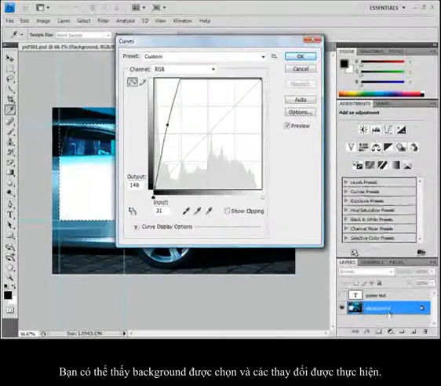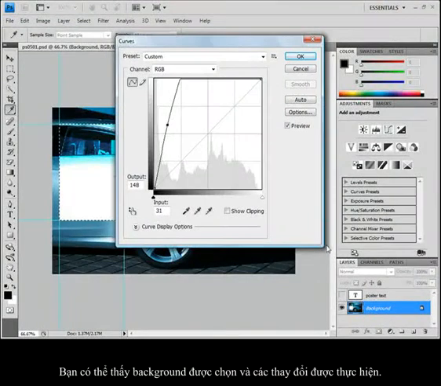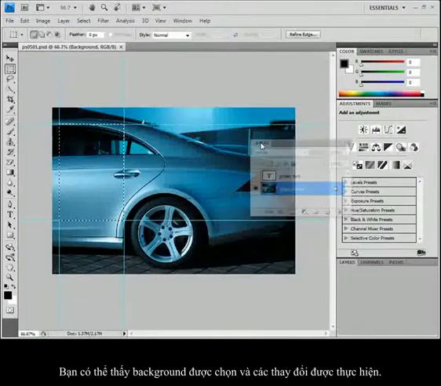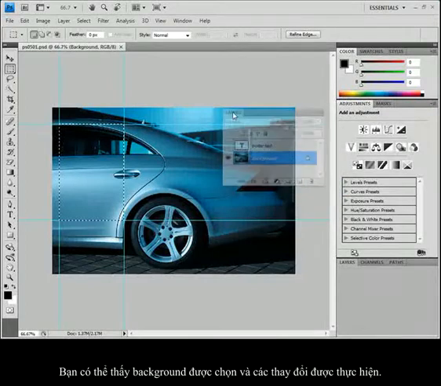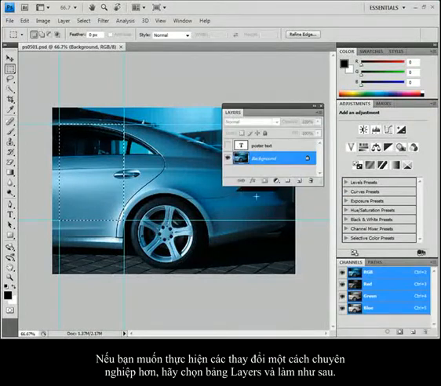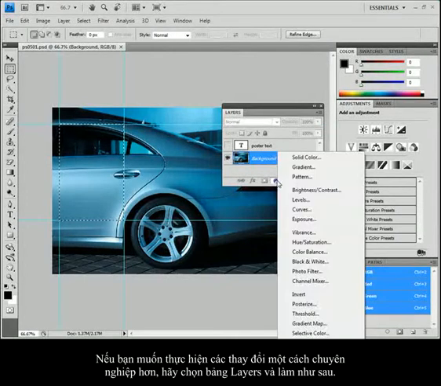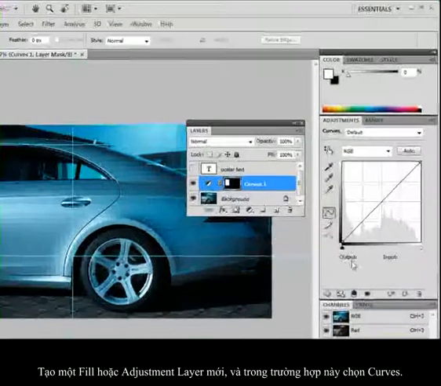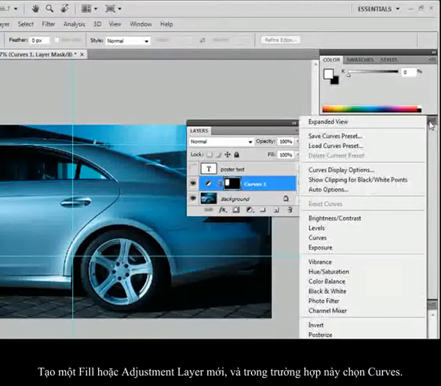Now, what's kind of nasty about this is that the image is permanently changed. You'll see that the background is selected and that change is being made. Whereas, if you are making changes, it's sometimes better to use the Layers panel and do something like this. Made my selection. I choose that I want a new fill or adjustment layer, and in this case, I'll choose